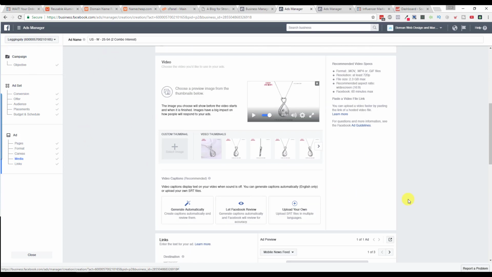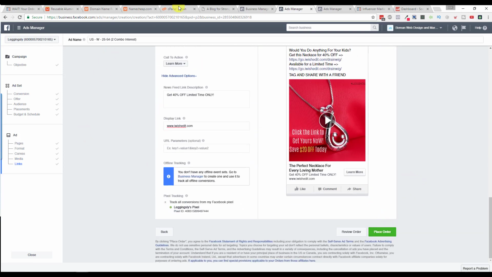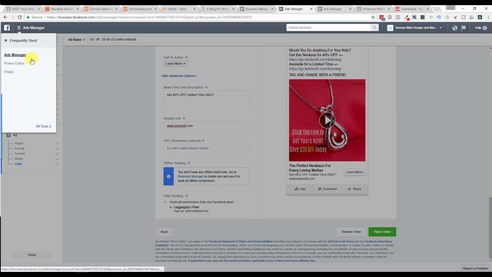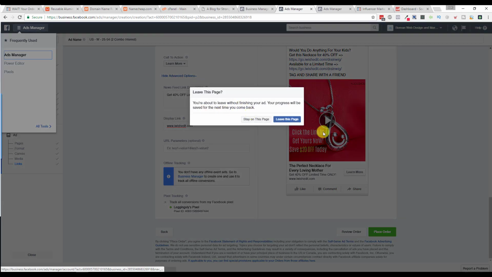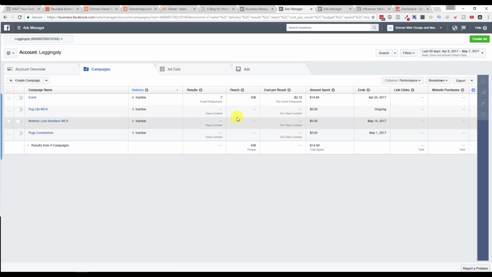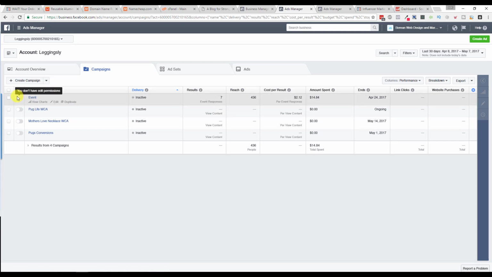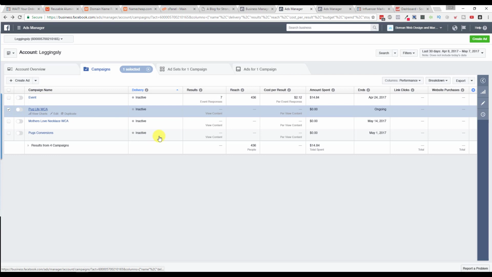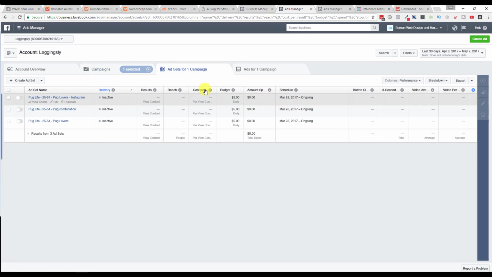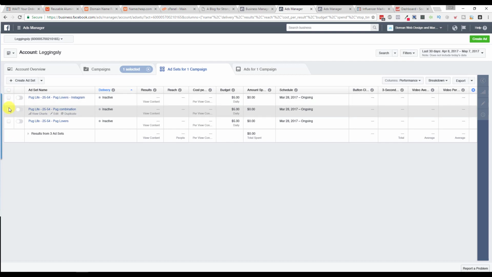Now, what I'm going to do now is once I place the order, it comes to my campaigns. So what will typically happen is once you place the order, I'm going to leave this page. I'm done. Then it comes here, right? And it goes live. So what I'll do there is I'll pause it, right? I'll just simply pause the thing. So I'm going to go with this one, okay? I'm going to go with the POG live here that we did some testing on. And as you can see, it's $5 daily that I'm running,